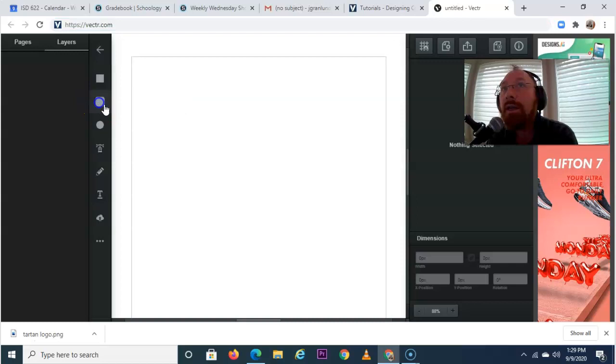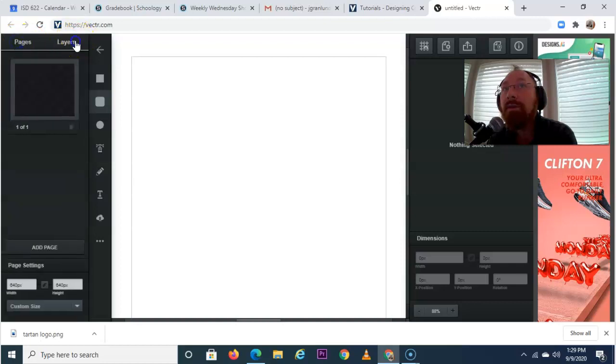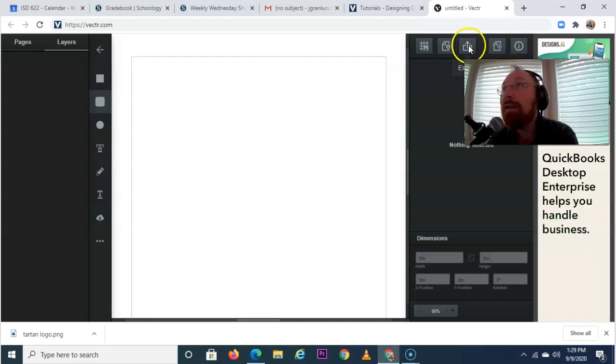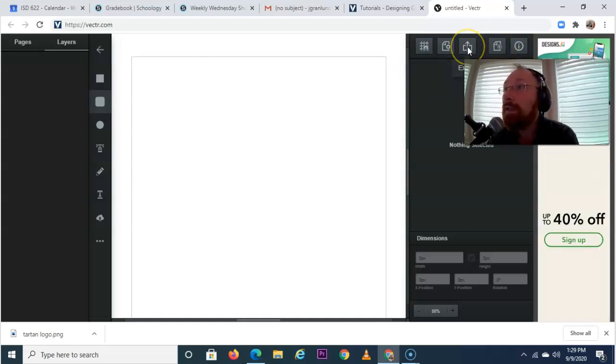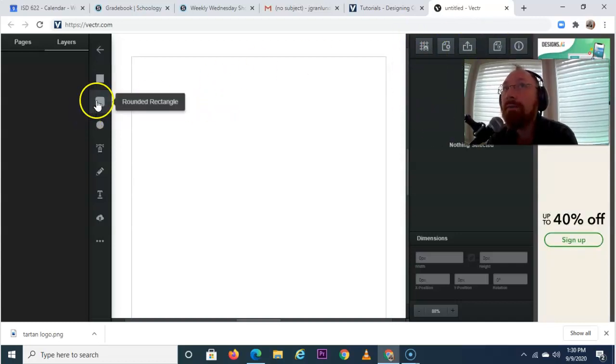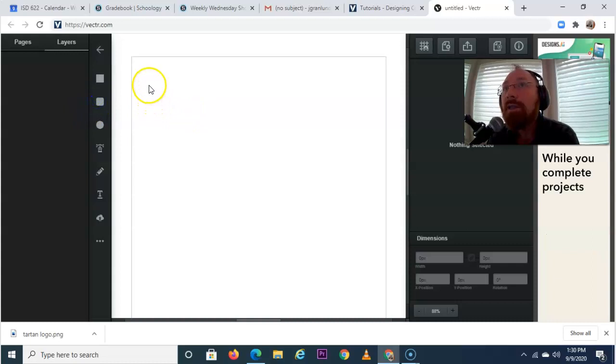Now, in drawing any sort of thing, you have shapes and drawing tools on the left. You're going to have pages and layers in the top left corner. And on the right side, you're going to have some other functions as well, like creating a new file, exporting, which will be needed when you finish this project, file settings, which you might not need, and snapping and grid. Okay, so these are just some functions off to the right. The primary function that you're going to have is you're going